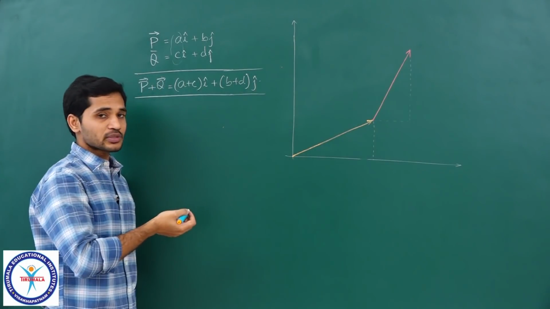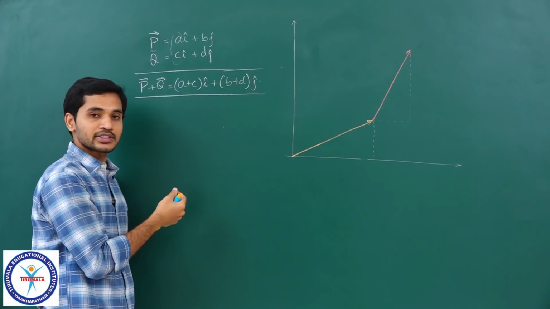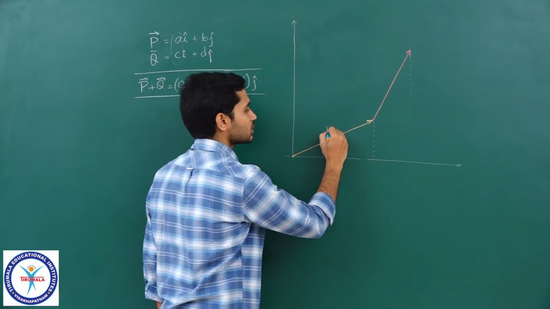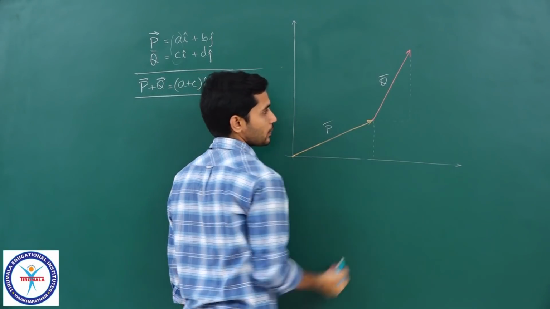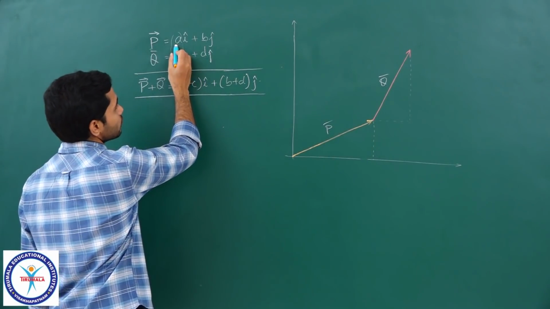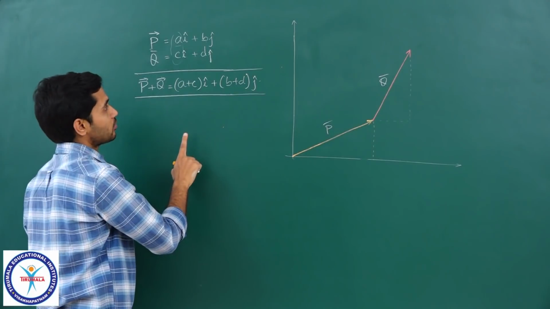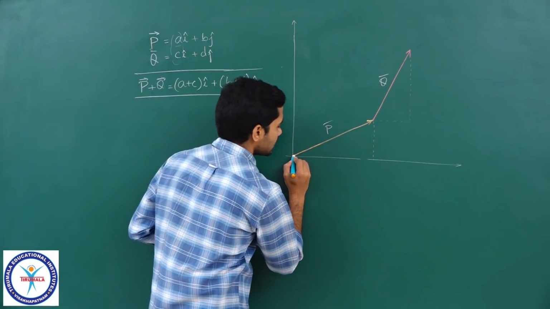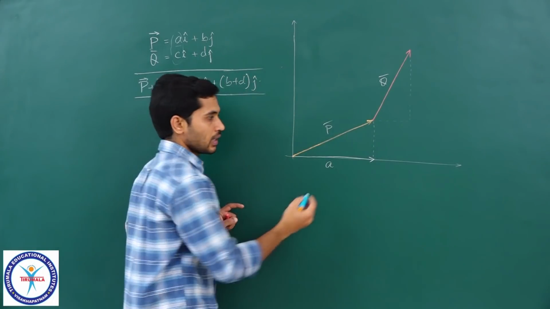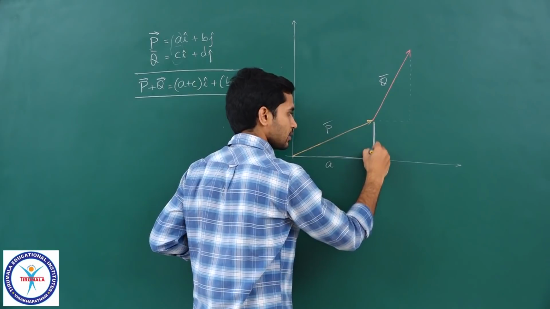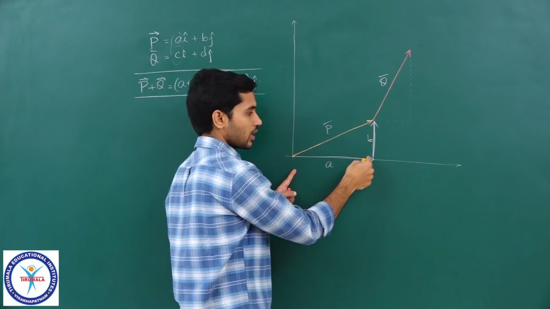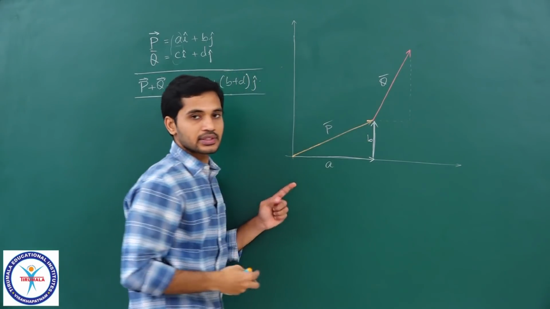Now what is the logic behind that? Why can I directly add the components? So you can see that here. If I represent the two vectors, let us say this is p bar and this is q bar. Clear? So let us understand that p bar has components of a along i cap and b along j cap, which means this length is a, correct, and this length is b. That is what it means. Along i it has a length and along y it has b length. That is what it means.